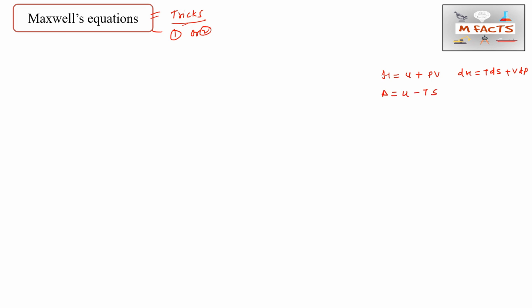This A is the Helmholtz free energy. I think you must be aware of those terms, and I am considering that you know these terms. A is equal to U minus TS, and the last one is G, that is the Gibbs free energy term. G is equal to H minus TS. You may write it like that: dG is equal to minus SdT plus VdP. We will use these three equations and we can find the Maxwell equations. Here I am not going to tell you the derivation, that's why I have given the information on how we get the Maxwell equations and from where.